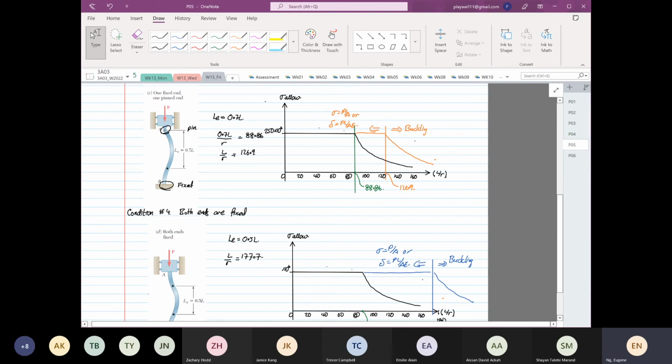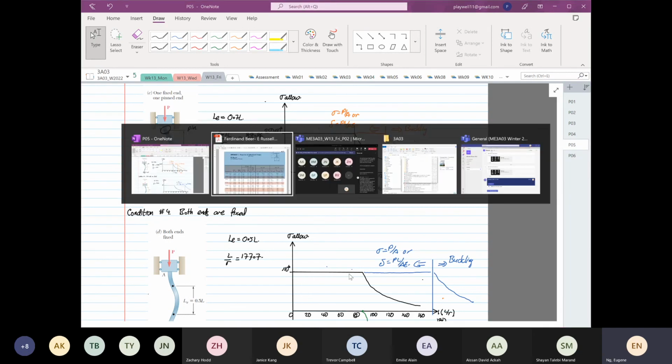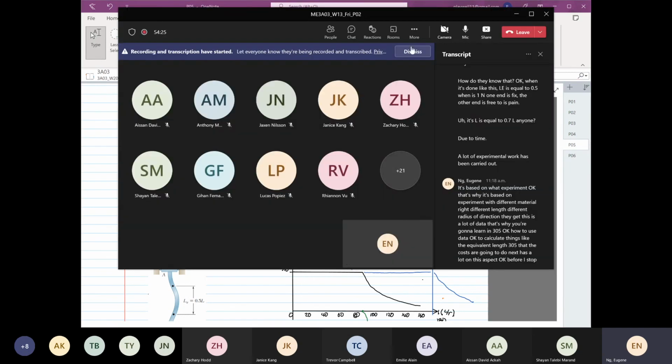That's what you're going to learn in 3E05, how to use data to calculate things like the equivalent length. 3E05, the course that you're going to do next, has a lot on this aspect. Okay, before I stop, I'm going to talk to you all about